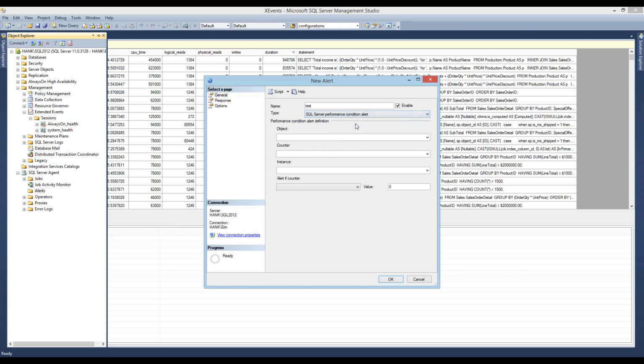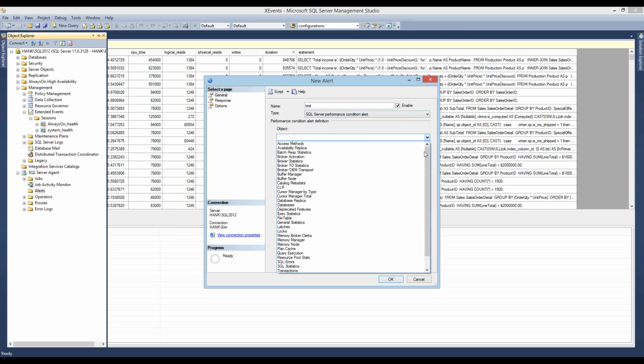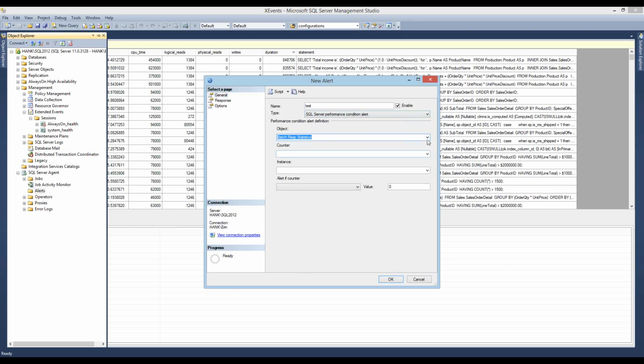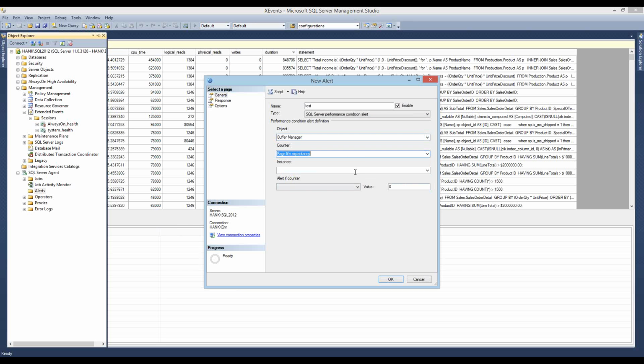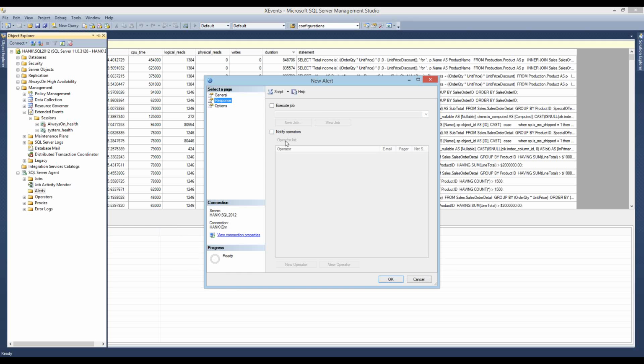But let's say I wanted a performance condition alert, and let's say it was page life expectancy. Let's say that my normal page life expectancy is 5,000. And I've been noticing that when it drops below 5,000, I have a problem. So I can say when page life expectancy falls below 5,000, there's going to be a response.